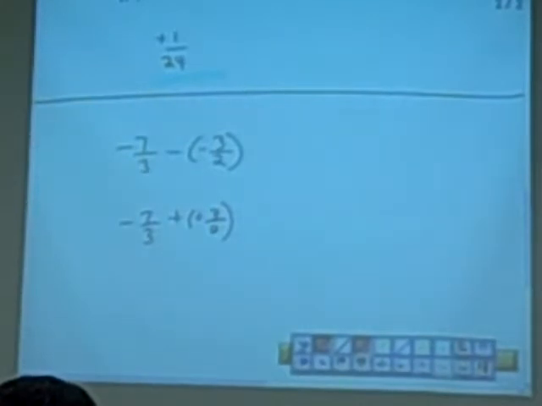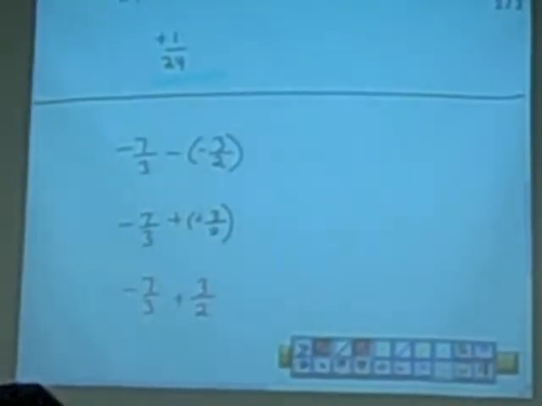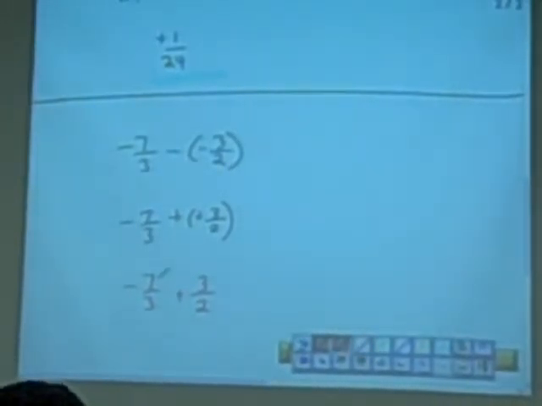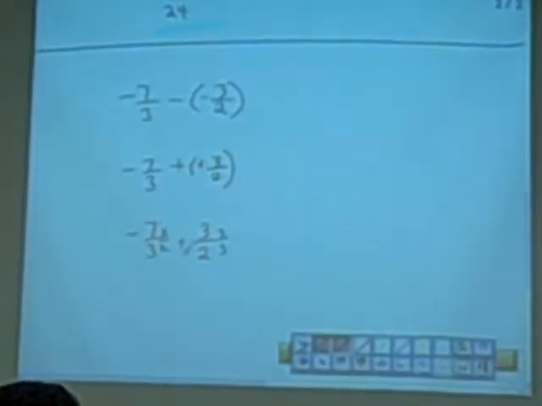Okay, so now we can say negative 7 over 3 plus 3 over 2. And that just kind of makes it a little bit easier to work with. Move this plus over. Alright, now we need a common denominator, right? Which is going to be what? 6, right? So we've got to multiply the first fraction by what? 2 over 2. Good. And the next one, we're going to multiply what for a common denominator? 3 over 3, right. Okay, so that would be negative 7 times 2 is negative 14 over 3 times 2